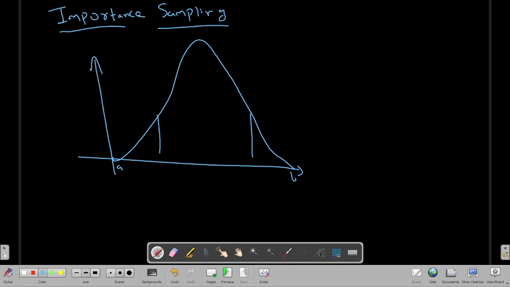So rather than generating random numbers in this region and this region, try to sample more and more random numbers in this region, and generate only a few random numbers in the other region. How can you do this?